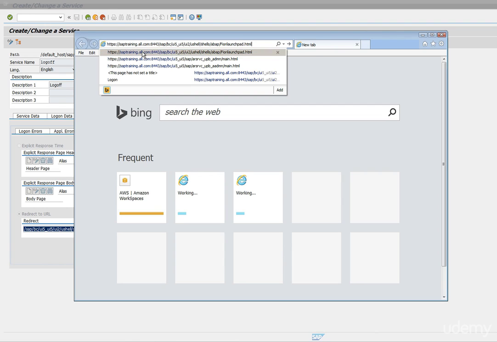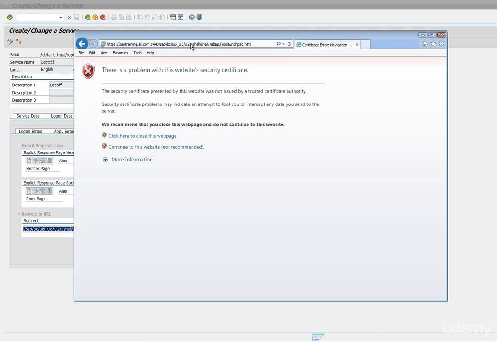Please make a note that the path for SAP Fiori Launchpad is /SAP/BC/UI5_UI5/UI2/USHELL/SHELLS/ABAP/FIORI_LAUNCHPAD.html. If you notice, we just activated the USHELL service with an ABAP class, and the reason for activating this service with an ABAP class specified is the login page with the SAP Fiori standard branding. So when you hit this URL,